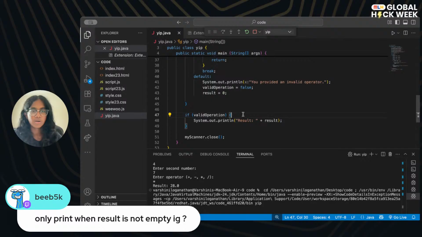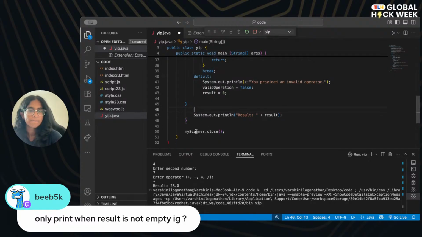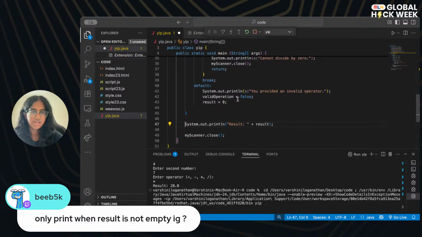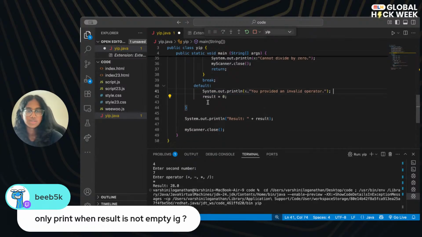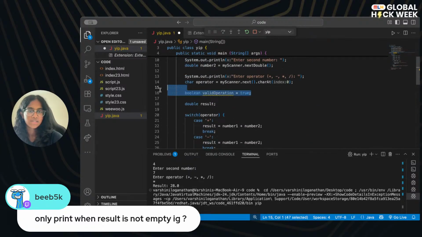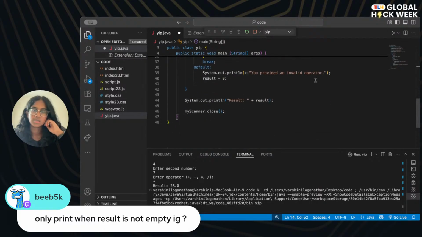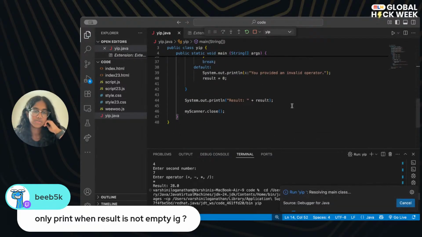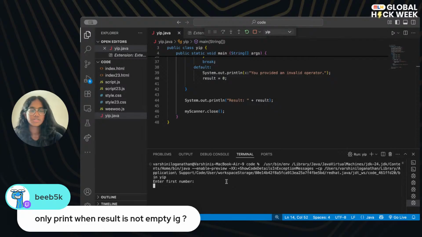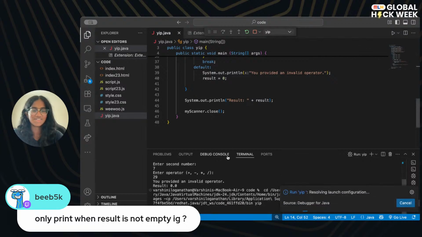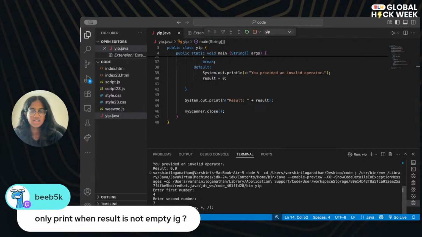So we honestly don't even need this anymore. We don't need this valid operation thing. It's like trying to find a workaround, but there's no need for that anymore. We just delete that completely. And that will still work because now we've set a default value for that. So again, we'll do the same operation for 7, 28, or, oh, sorry, I got confused. I was putting it in for the calculator.